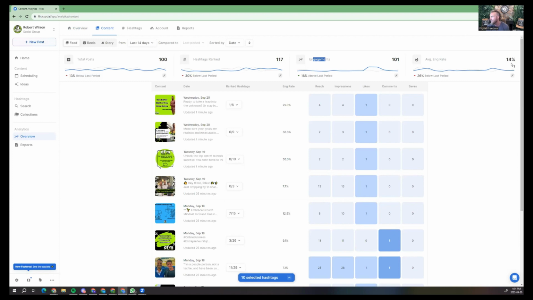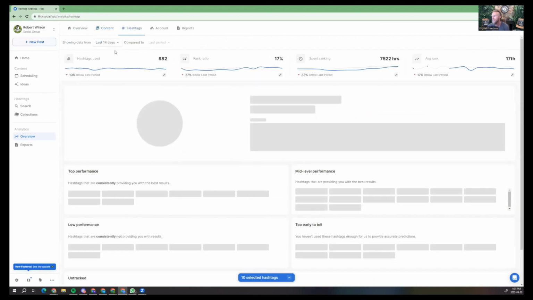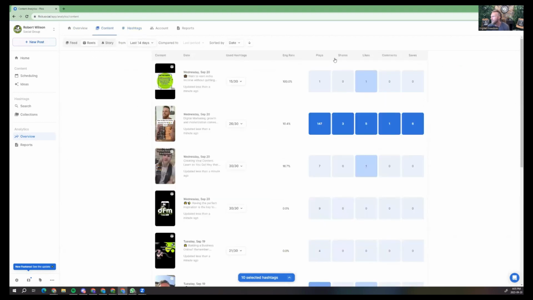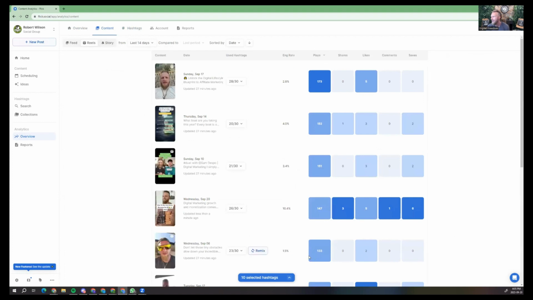The average engagement rate is a very important metric, just because you can see what the average engagement is that you're getting on each post. And if it's a very low number, that means probably your content needs to be a little bit better, or you need to change the hashtags and the targeting essentially that you're doing on your content. Reels, you can see, stories you can see on here. So those are just other ways of seeing the most viral content that you put out. Let's just say that you wanted to see your best plays for a reel. You just go over that period of time, and then you can see what posts are going the most viral for you, so you can start doing more of those.